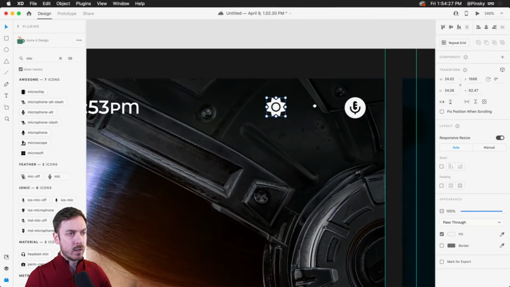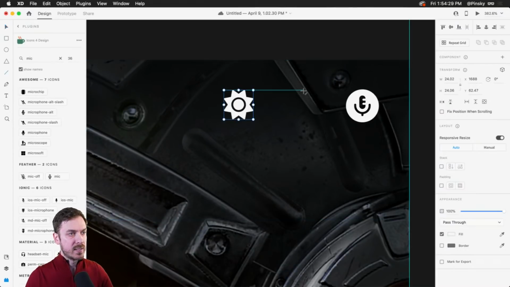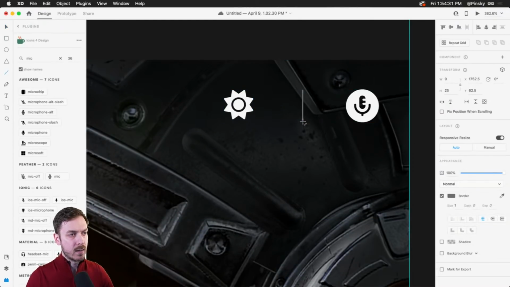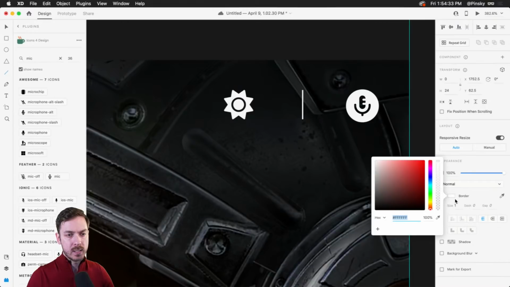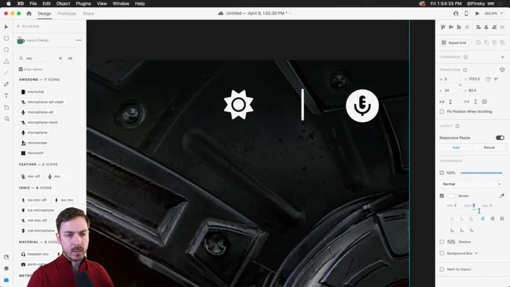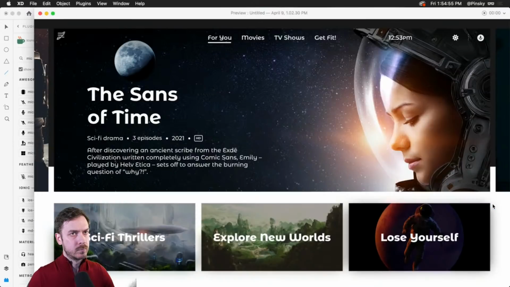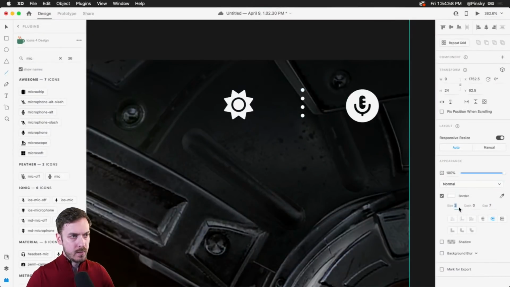And then maybe to separate all of these, we may want a very simple line. Drag it on down, change the color to white, maybe thicken it up a touch, and maybe we'll experiment with the dashes just to have a little bit of fun in there. Maybe round them out, increase the gap. Yeah, it's okay. Let's try, actually, maybe we'll make them circular. There we go. That looks interesting.